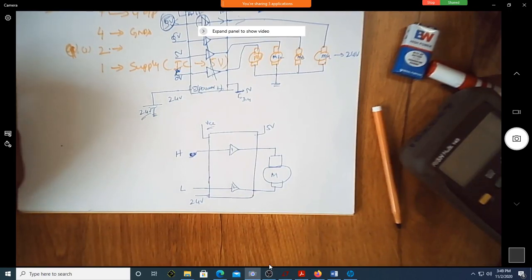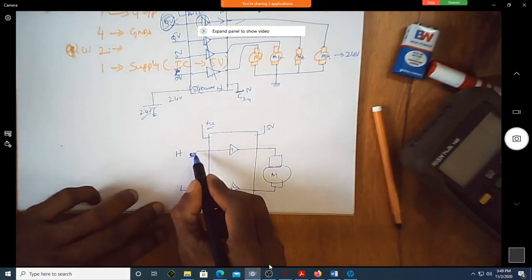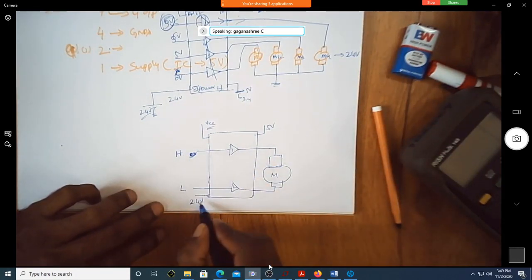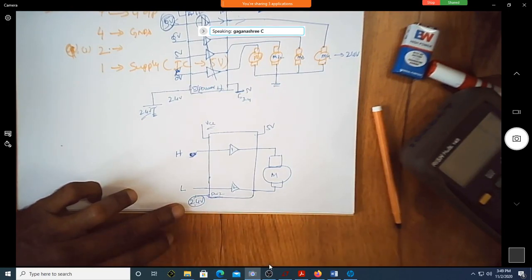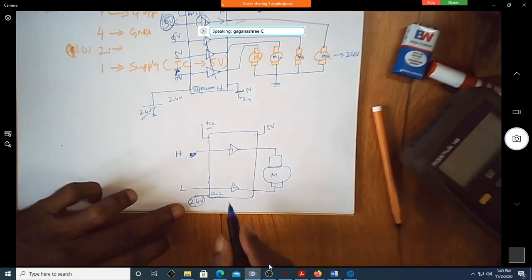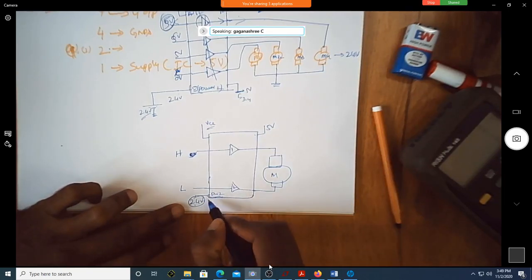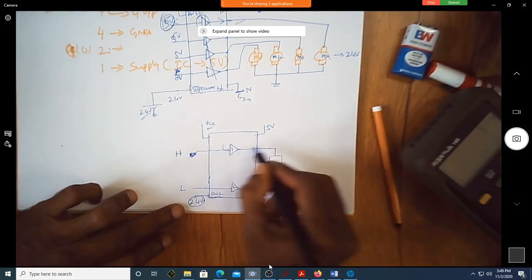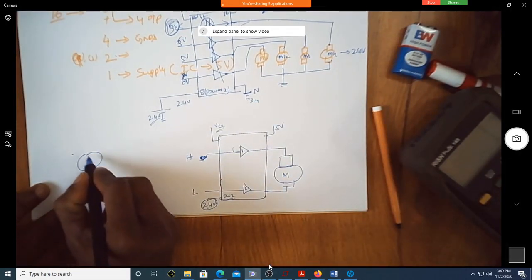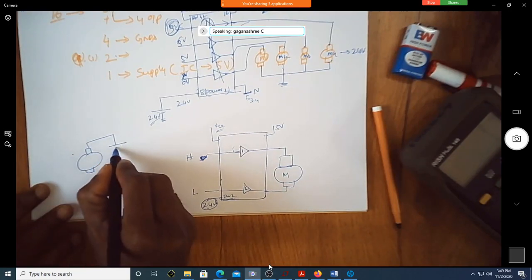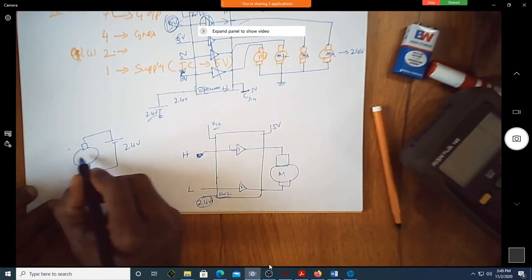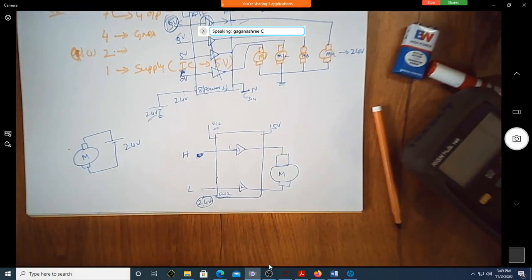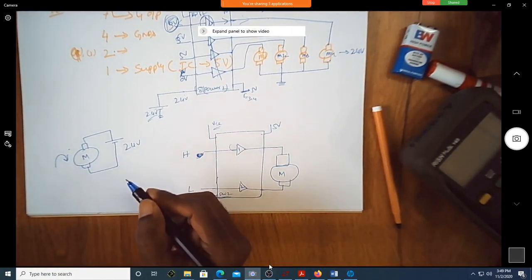Now since this is high, can you see this 24 volt is connected here? This is power 2. Since this is power 2, 24 volt, because of this high, it is okay. How do you make your motor run? Suppose if I make it 24 volt, something like this, will it actually run? Does this motor run if I apply something like this?